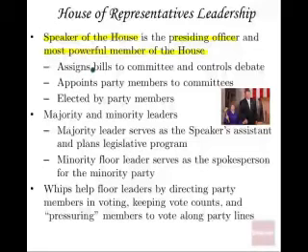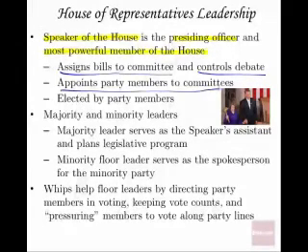Well, if you are the Speaker of the House, you're going to assign bills to committee and control debate. You're going to appoint party members to committees. And you're elected by party members, so you are the leader of your political party. Now, if the President of the United States is also the leader of the political party, then you're not the spokesperson for the party. But as the Speaker of the House, you have a vocal